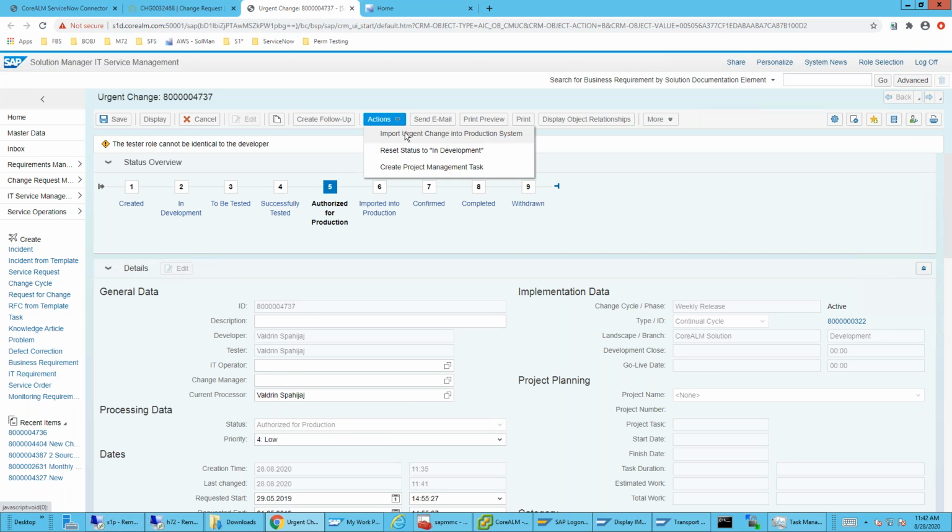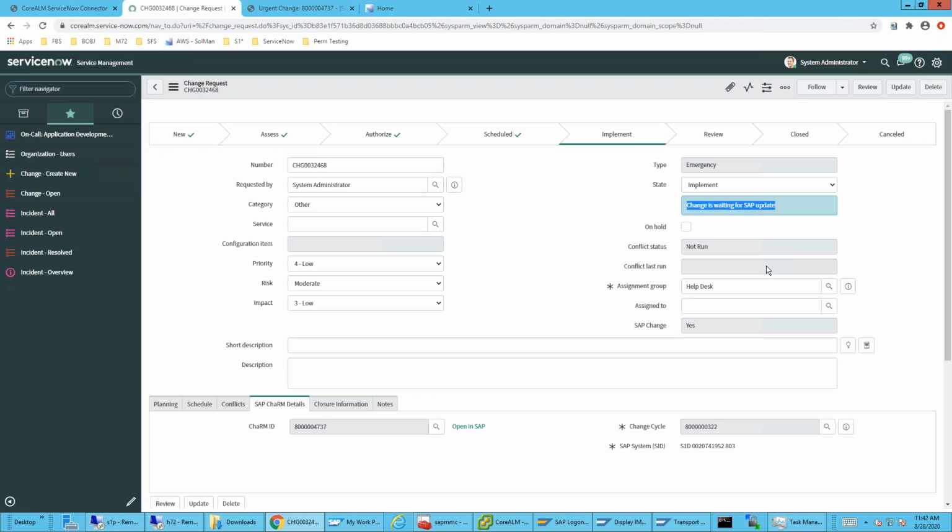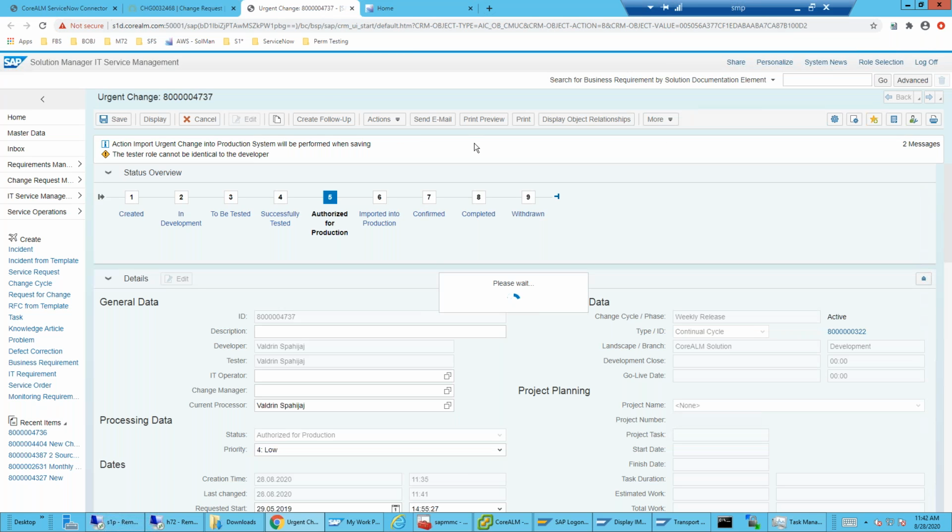Now, as a basis or operator team, whoever imports the changes into production is going to select import changes into production. Going to go ahead and click save. What that's also going to do is trigger a workflow change within ServiceNow to review. So we'll give it a second, and this is going to change to review. Once that's saved,